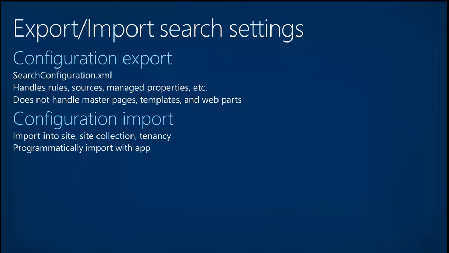So what the search team has given us is this ability to export and import the search settings. So this is our migration strategy. We get this output called search configuration.xml that's going to give us the rules, the sources, and the managed properties that we've defined in the browser as an XML file that we can then take down the street, put into the QA environment, and load these exact same rules, sources, and managed properties, which is really handy because, listen, I don't